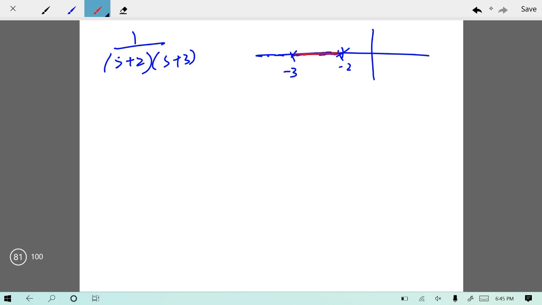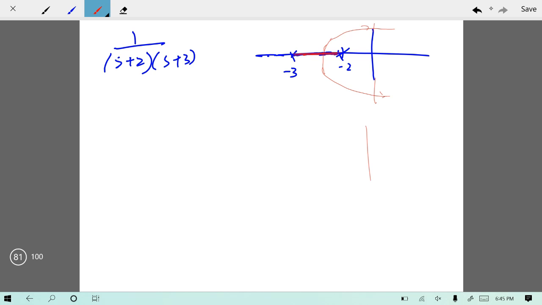Then these two roots will move towards each other. There will be a breakaway point. One will move up, one will move down. Either they will go in any direction. If they are crossing the imaginary axis, then one will move on this side and one will move on this side, and your root locus of your system will be like this. But